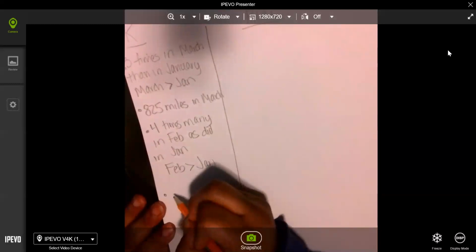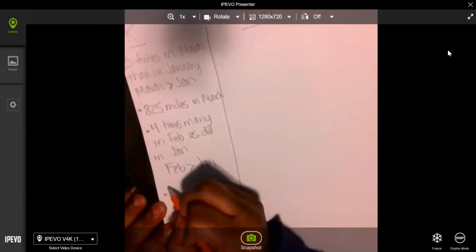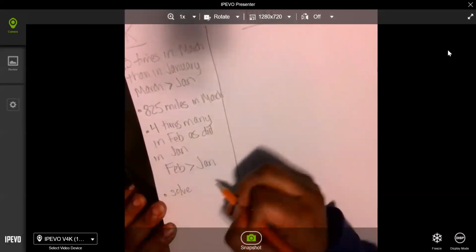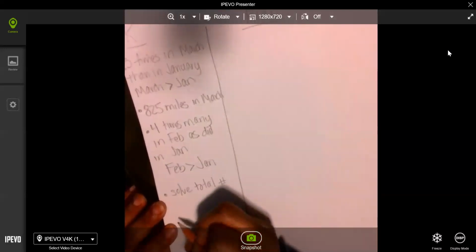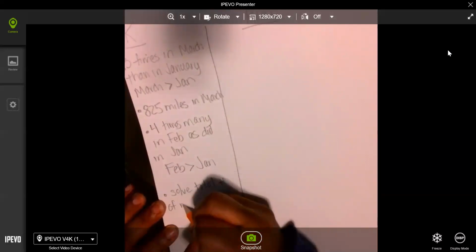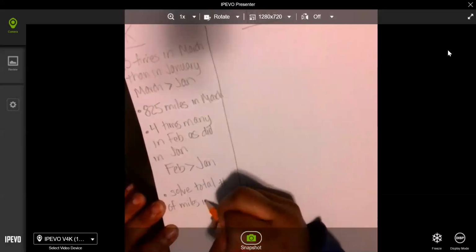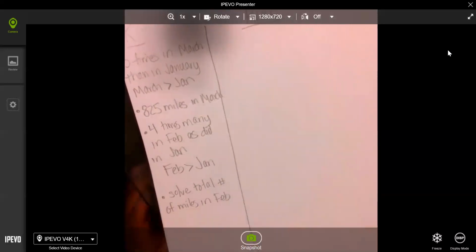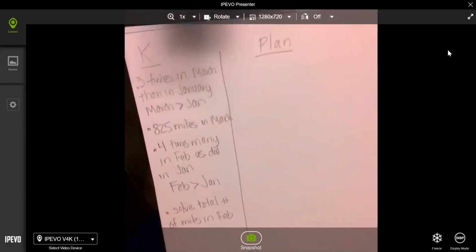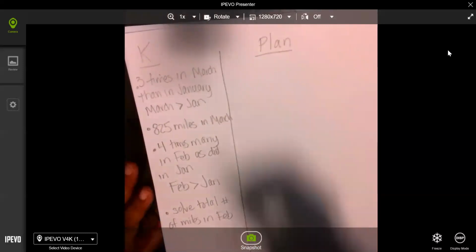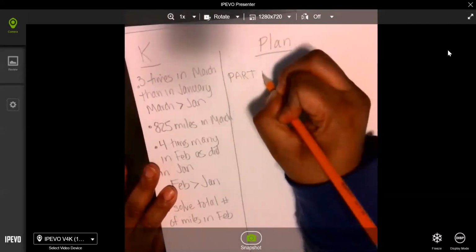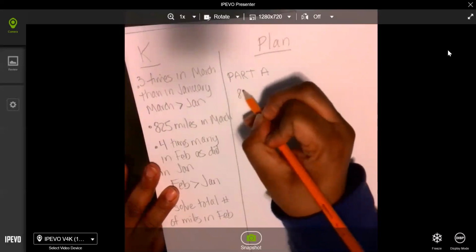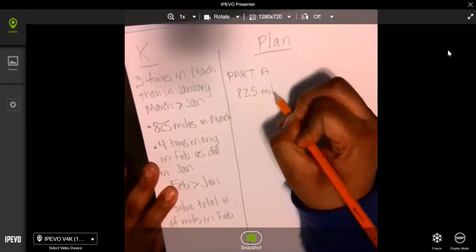Then I know that I have to solve the total number of miles in February. I have completed what I know column. Now I'm going to go to my plan. Now, I know that the first part of my plan, which I'm going to label part A, is 825 miles,